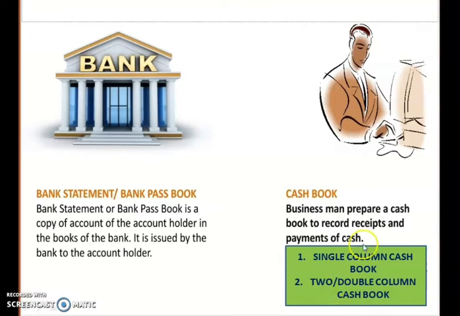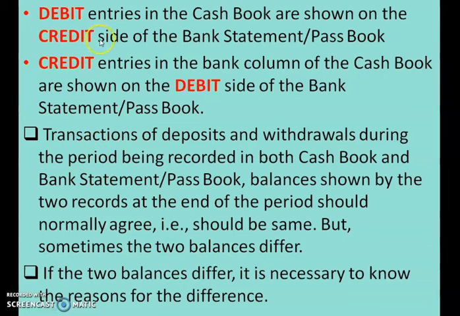So children, cash book is a book maintained by a businessman, and bank passbook is the book which is issued by the bank to the businessman or account holder, and this businessman can verify his passbook and cross check the same with his cash book to find if there is any difference between the bank passbook and cash book. So children, debit entries in the cash book are shown on the credit side of the bank